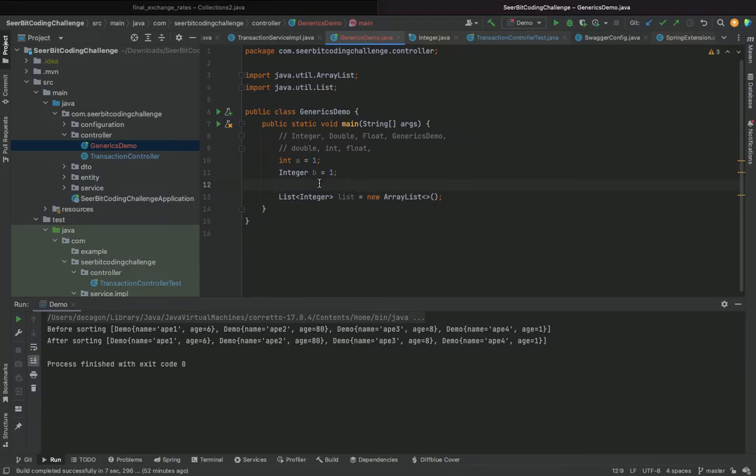I mostly use integers, but that's not to say you cannot use other types of object. String is an object. Even this class name you're seeing here, generic demo: just by doing it, I can create an object out of it and paste it here, and things are still good. So I can create instances of these things and store them inside of this list. That's basically what I've been talking about so far.